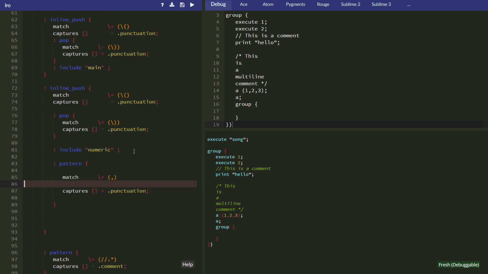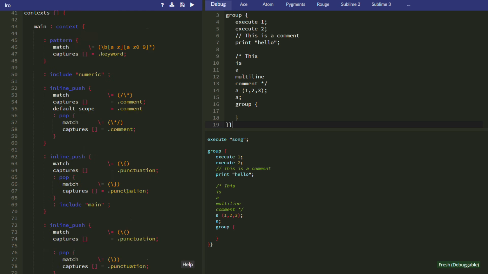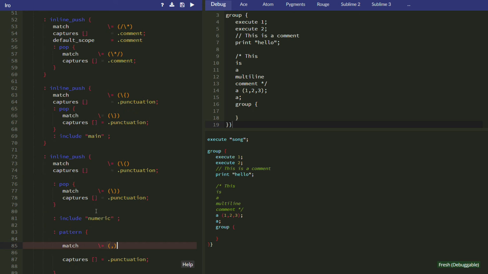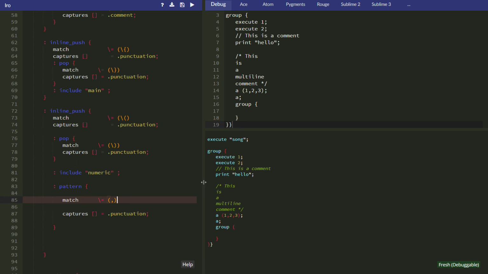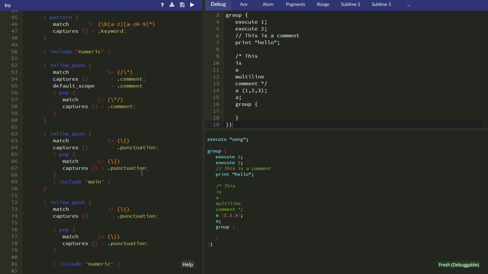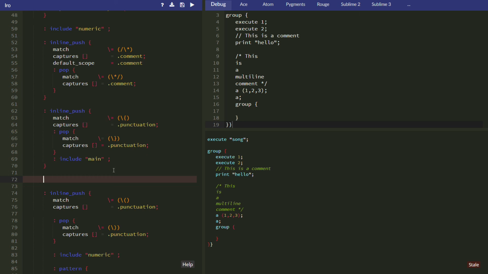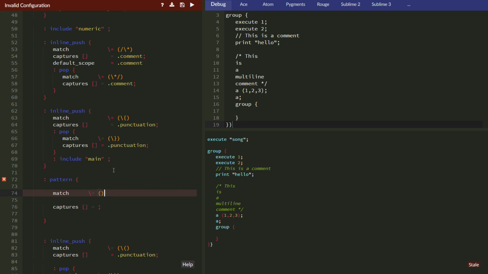There we have it. In the main scope we're not matching semicolon as punctuation, so let's do that. Now I don't know actually what the rules of this language are. It's a sample piece of text, it's not an actual language. So we're in the main scope now, so let's add a pattern for matching random punctuation. So there we are, we've covered the semicolons now. We appear to have something missing,